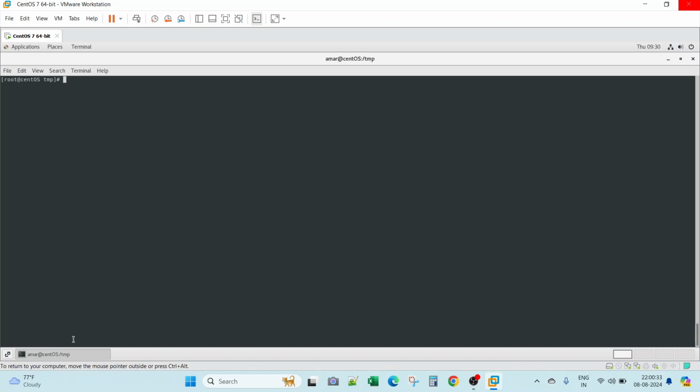The free command is basically used to check the memory status, but with free we need to use some options. Let's say I want to check the memory status in megabytes, so I will use free -m. It will show me the size in megabytes. As you can see, our total memory,